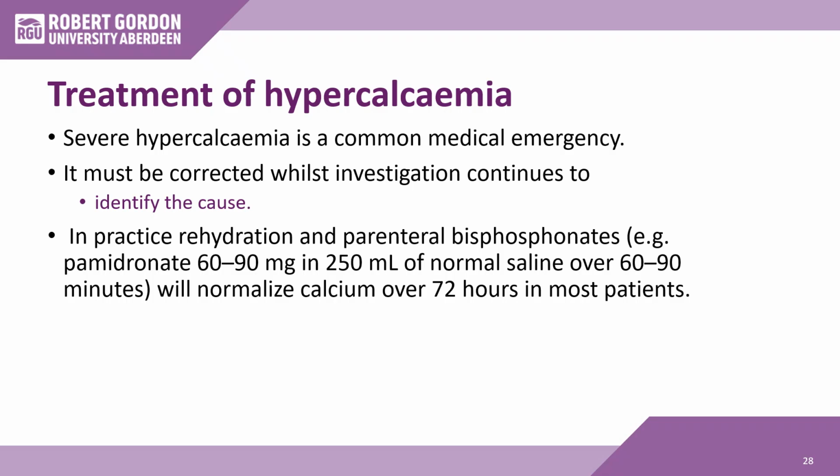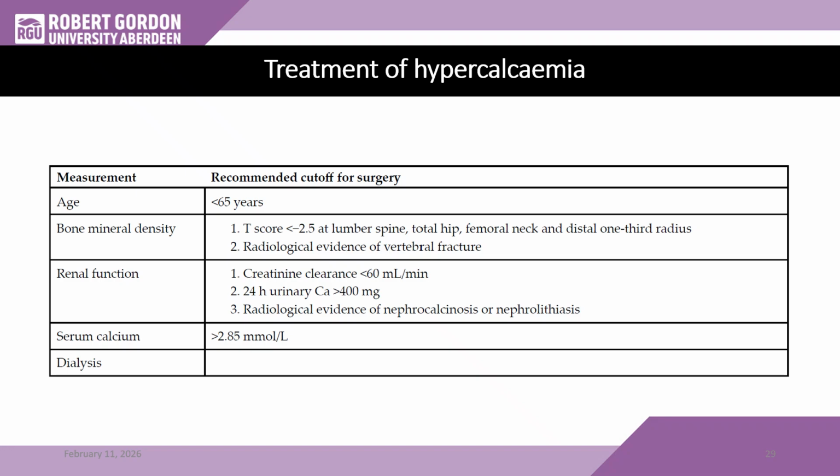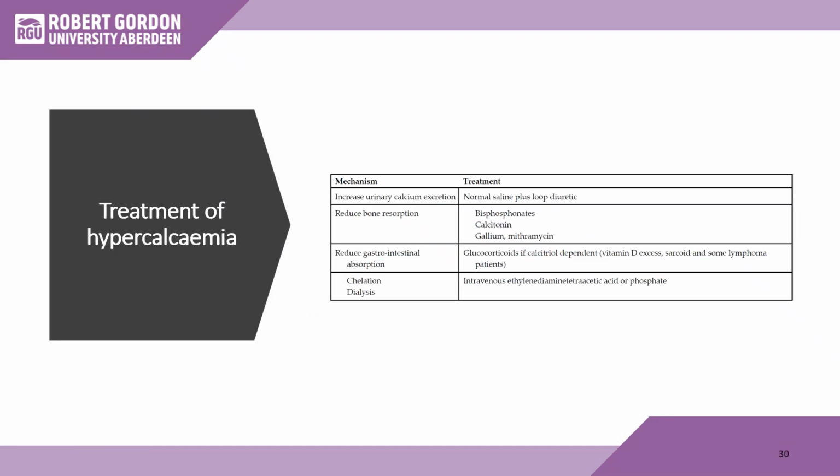And for those of you who work in hospital, you may have come across this. Again, there's the treatment of hypercalcemia, just a snapshot there, and what I just said, the normal saline, then reduce. So you have to increase urinary calcium excretion because we're trying to treat hypercalcemia. We want to reduce bone resorption. We want to reduce gastrointestinal absorption, and we also want to chelate any extra calcium,